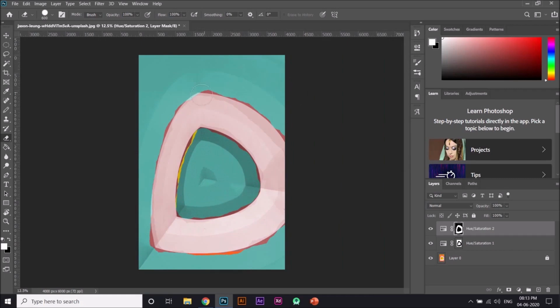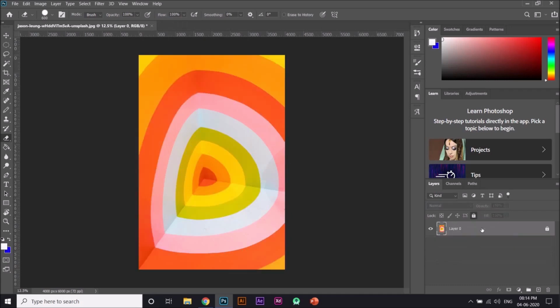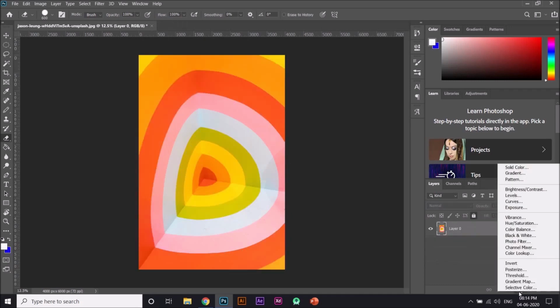And here you can see the multiple layer effects. So whenever you find a black and white image, you can make it colorful using the hue saturation layers this way. This is just for reference, it's not completely perfect. You can keep changing and trying different kinds of effects. So let me move forward.